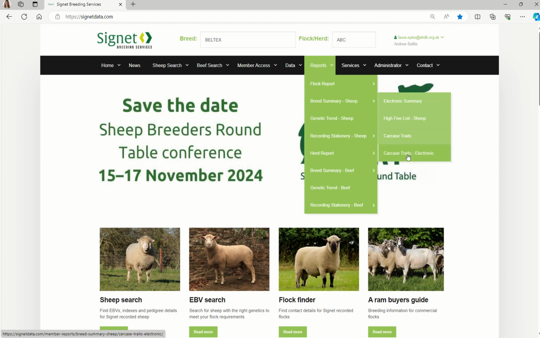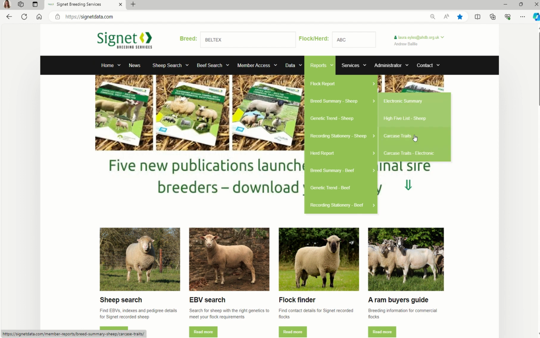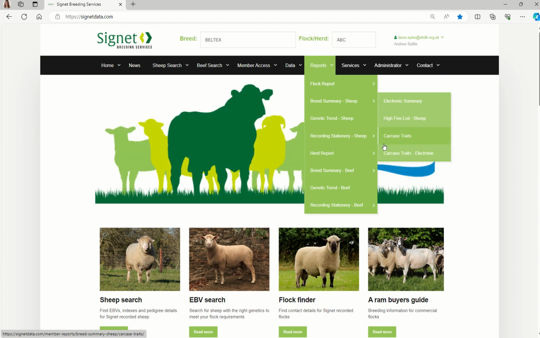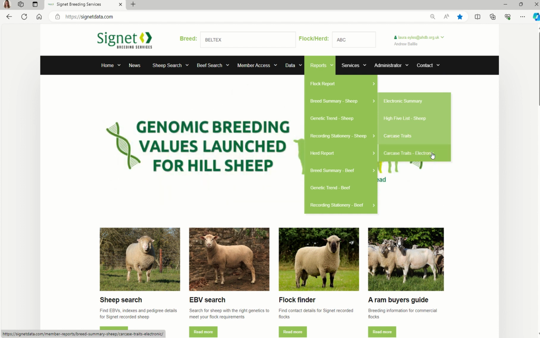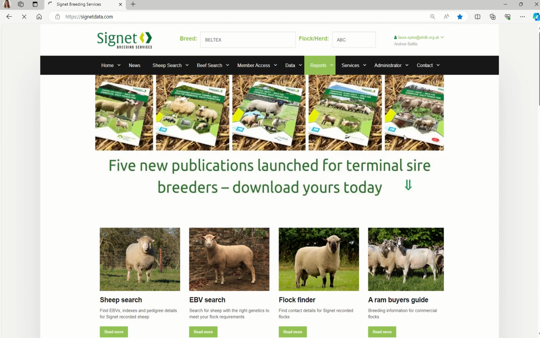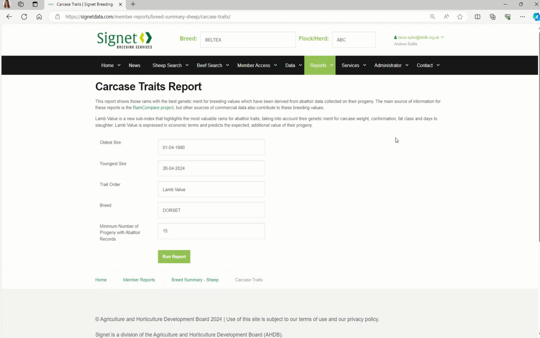So here we can see we've got two options for producing carcass trait reports. The first one is to produce PDFs, and the second one is an electronic file, so looking to export it to CSV or Excel. If we have a look at the PDF version first, it'll bring you up to this page. Here we can filter by the age of the sire. I'm just going to set it back to 1990 because then it'll get all rams that have been used